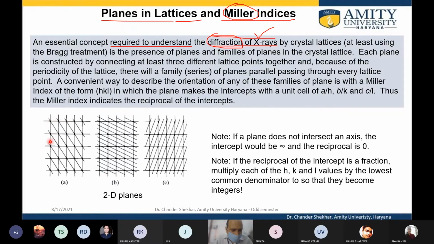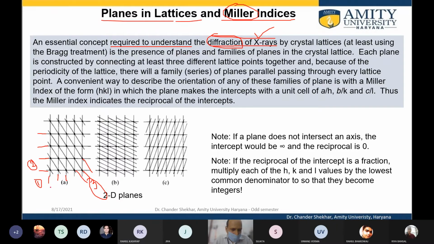So if this is a plane, this is another plane, so there are multiple planes that are possible. So let me, so these are, suppose, one set of planes that are possible. These are another set of planes that are possible. Then this is another set of planes possible. Okay. And